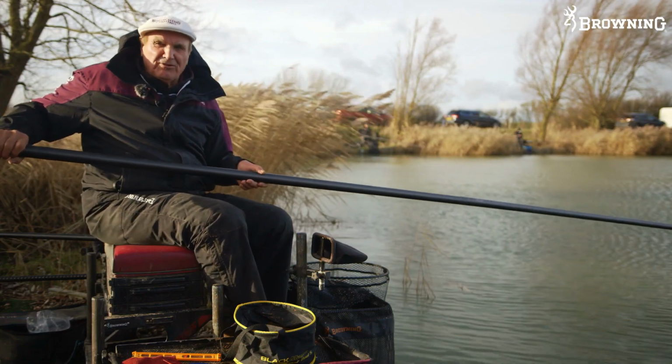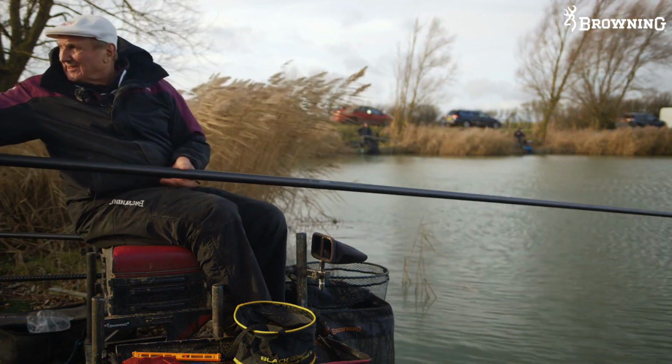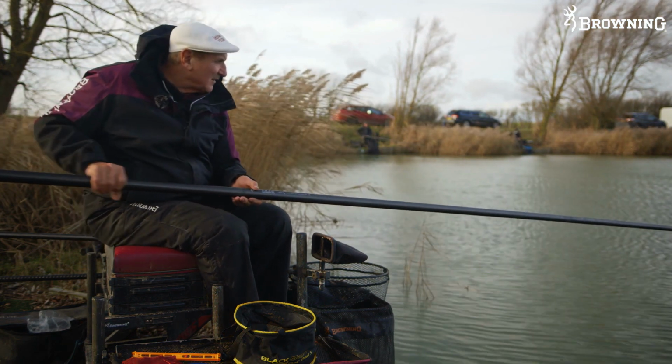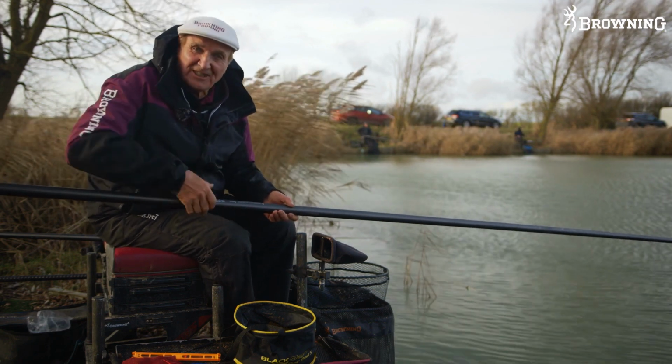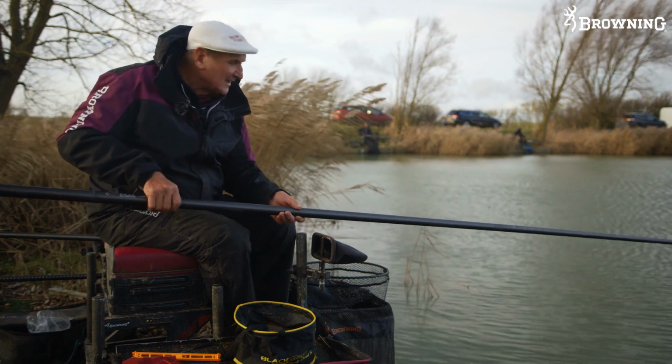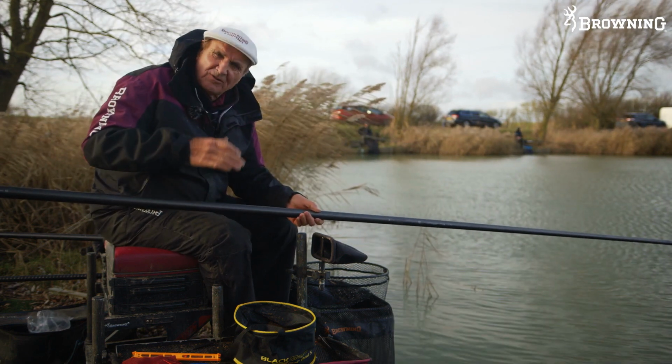and the fishery is Rookery Waters, and it's a commercial water, match water, lovely fishing. But I'm into a good fish. I have no idea what it is. Might be a carp, might be a skimmer. So really, I'm fishing for everything today. Really strong wind, so